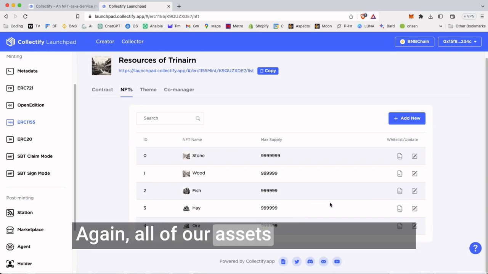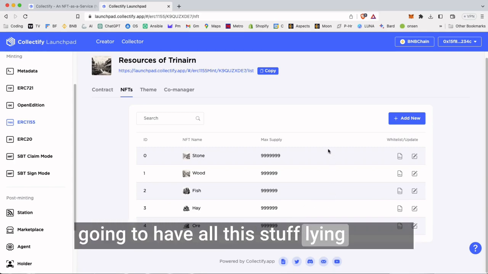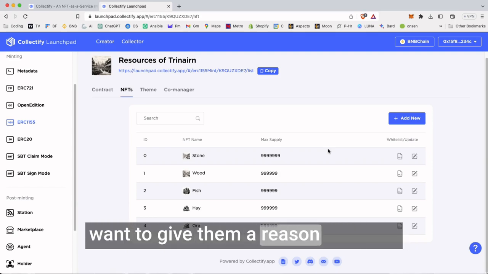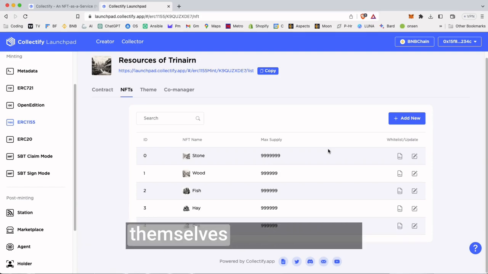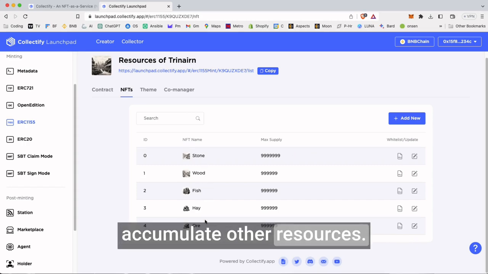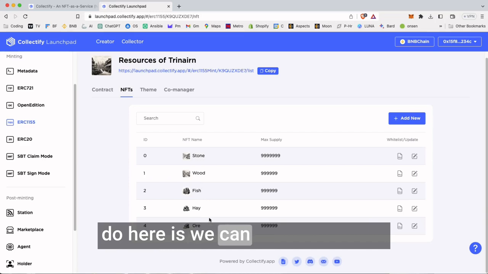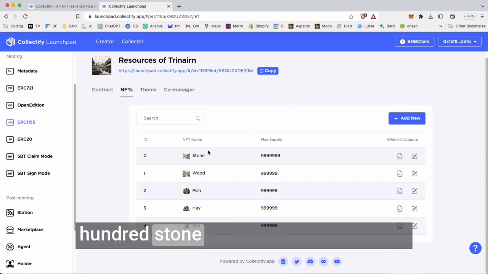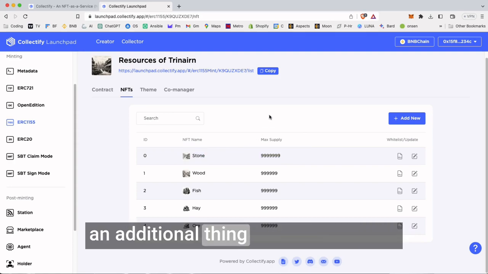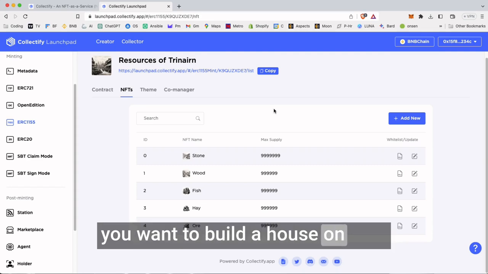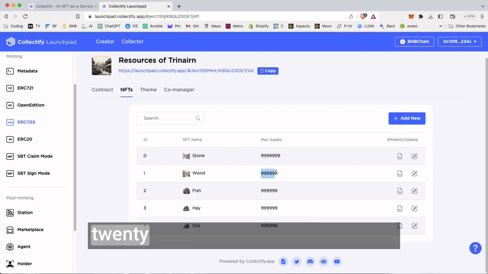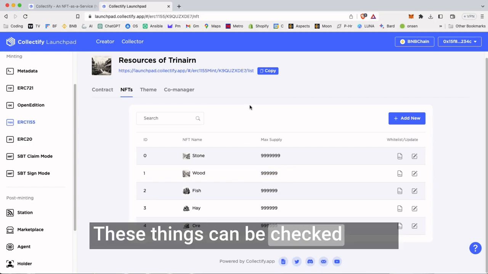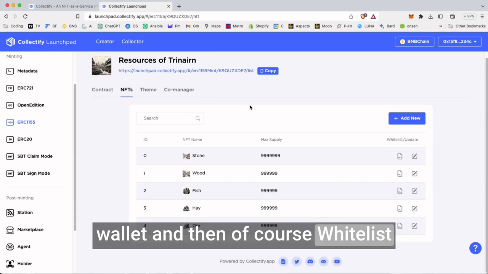Again, all of our assets that we're going to start giving all our followers, they're going to have all this stuff lying around that they can generate, and maybe we want to give them a reason to use it. Of course, they can trade amongst themselves if they need to accumulate other resources. But one other thing we can look at is how you can accumulate a certain number and then qualify. You stake your land, you make 100 stone, and then qualify for an additional thing. For example, you want to build a house on your plot, so you need 100 stone, 20 wood, predefined values. These things can be checked in the wallet, and then of course whitelist permission can be granted